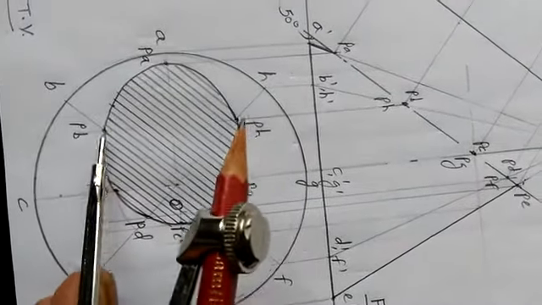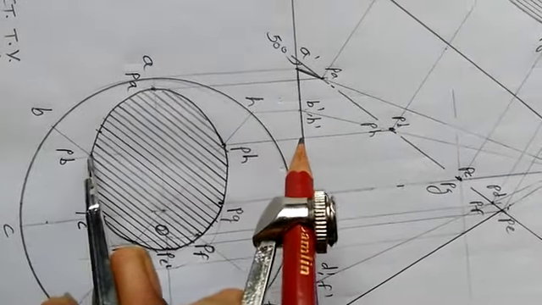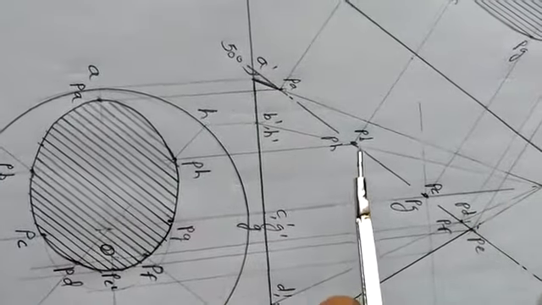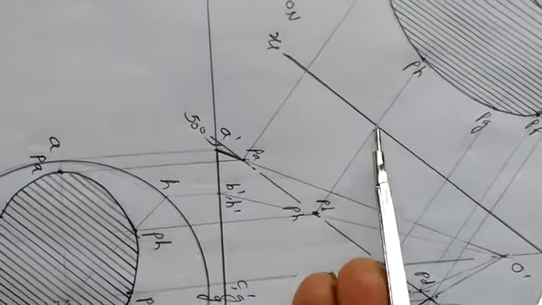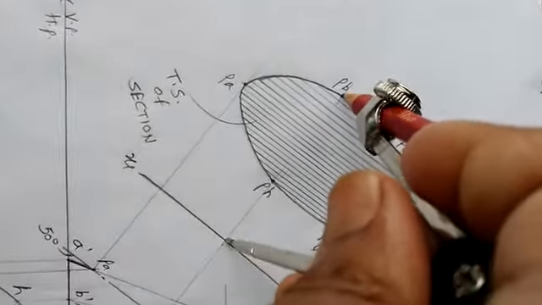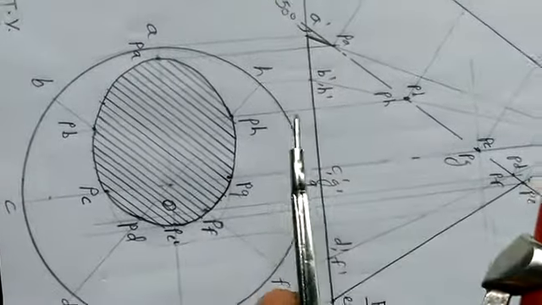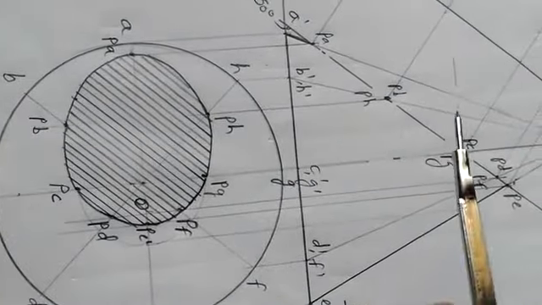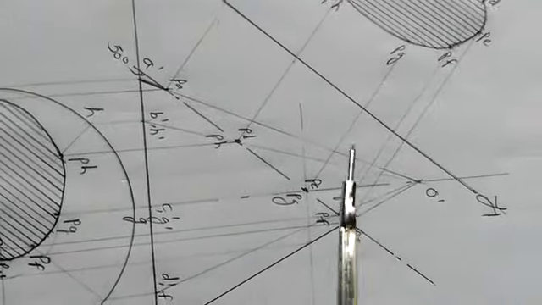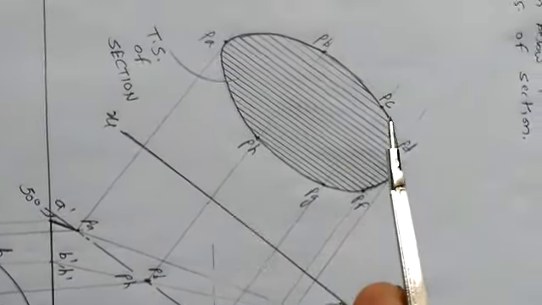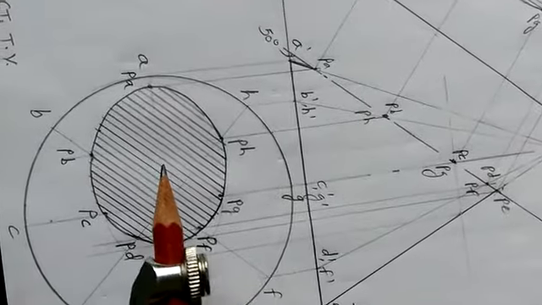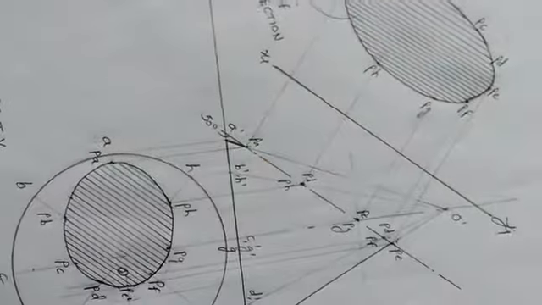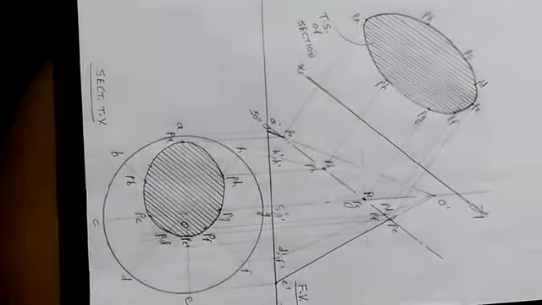Similarly, the same way, now I am going to project point PB. Pick this PB distance below the XY line, follow blindly in this way, the same projector again in this way, and beyond x1 y1, transfer the same distance, you will get PB. Likewise, up to PH, all the distances below the XY line, individually you have to pick by compass and go on transferring by following the corresponding projectors in this way beyond x1 y1, so that this will be the apparent shape and the corresponding true shape of the section we will have. In this way, all the three solutions we have got with regard to this cone.